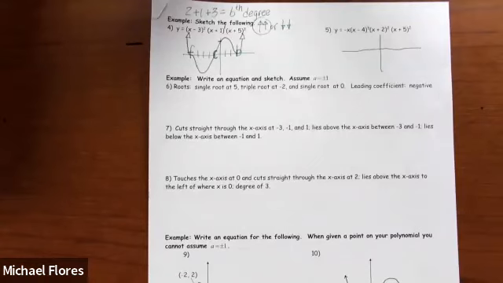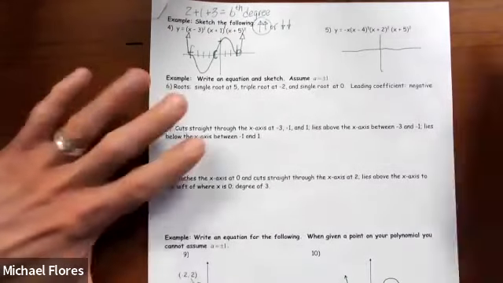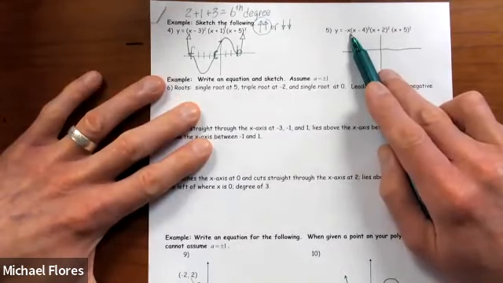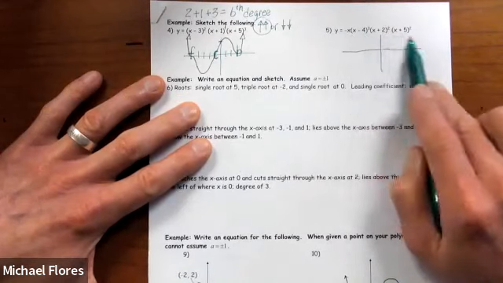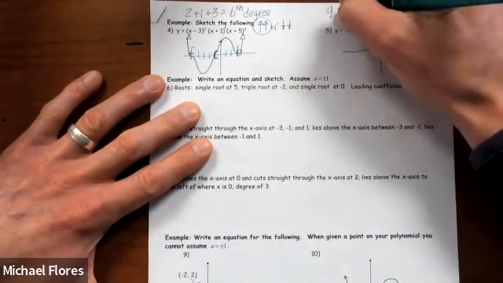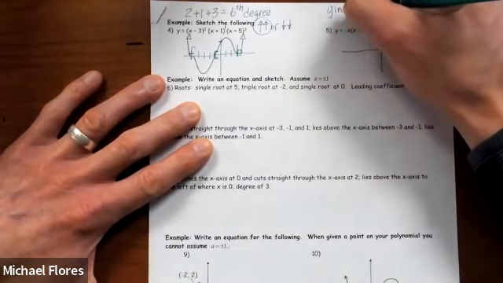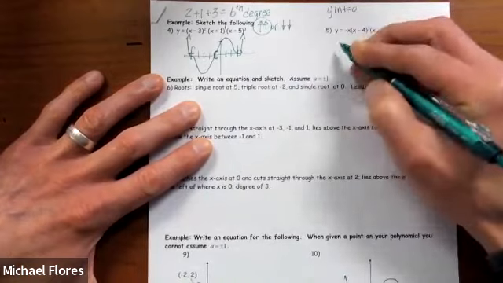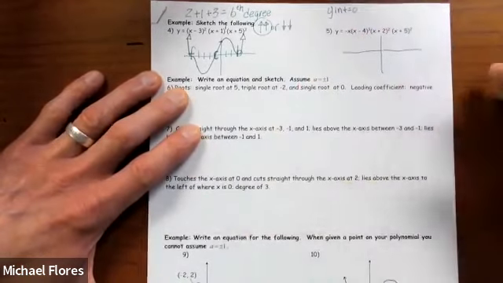Example 5. This one is probably the most confusing one. Let me go ahead and give you a little tip here. You see how we have a negative x? It could be a negative x or a positive x, but you see how we have it in front of all these parentheses here? That tells us that we're going to have a y-intercept of 0. Anytime you have an x or a negative x in front of all your sets of parentheses, your y-intercept is